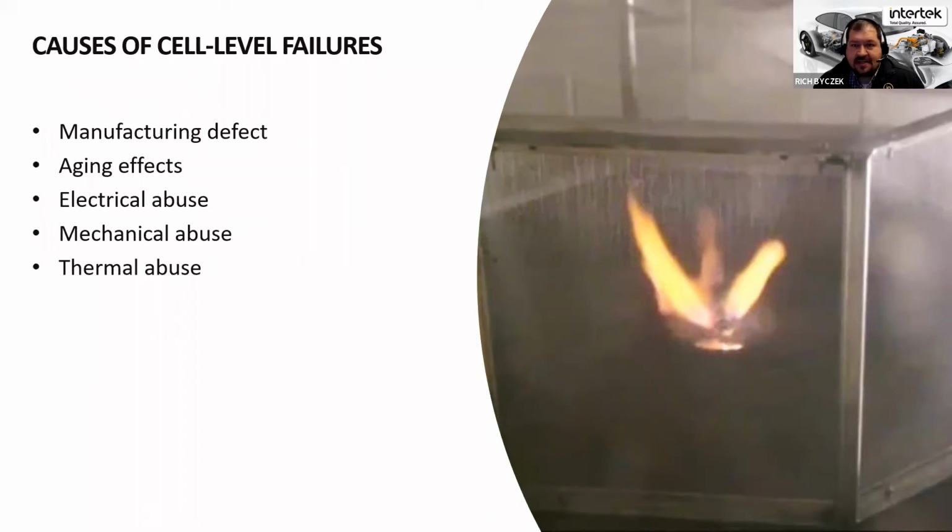Next, you have aging effects. Manufacturing defects aside, that's usually what we'd call an infant mortality or an early failure in the life of a cell. But you also have aging effects. They could be a combination of a manufacturing defect, a thermal management issue, or a design weakness, or just the aging of the raw materials within the cell, where over time you create enough side chemical reactions that you build up pressure and a dangerous concentration in the cell that could erupt into a thermal runaway event.